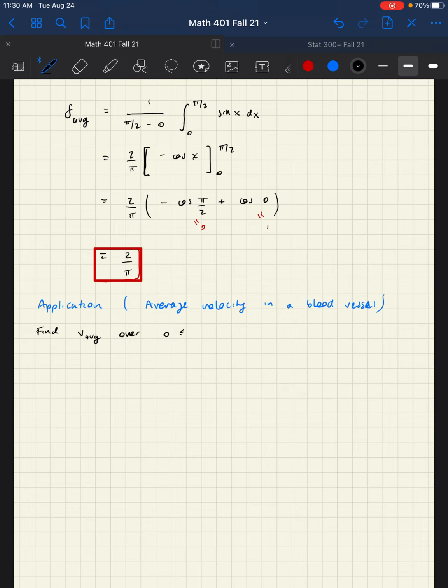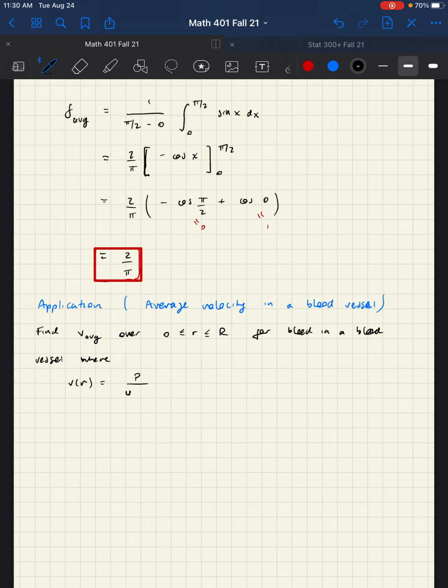And so we're going to find average velocity over the interval r being from 0 to capital R for blood in a blood vessel, where we modeled that velocity